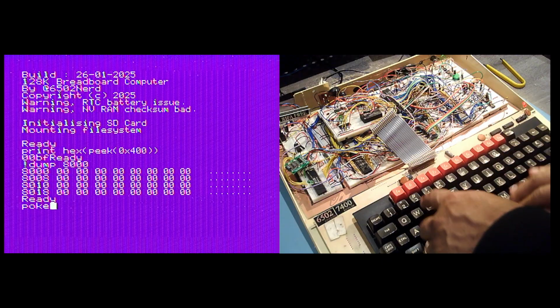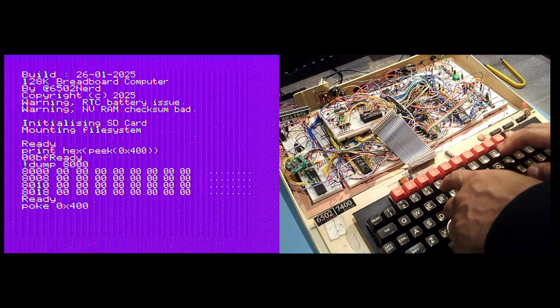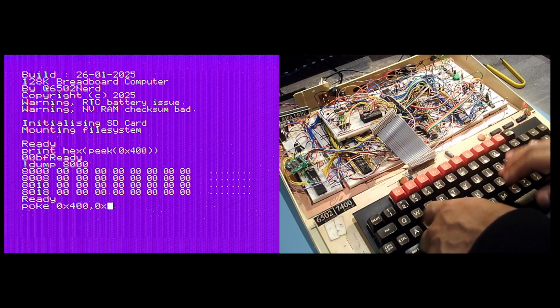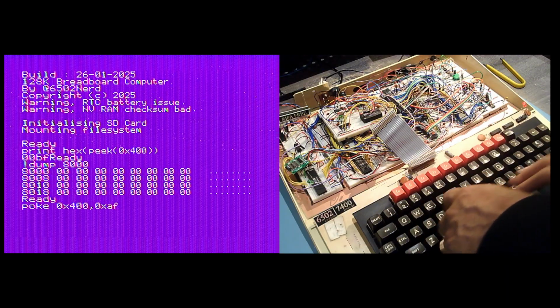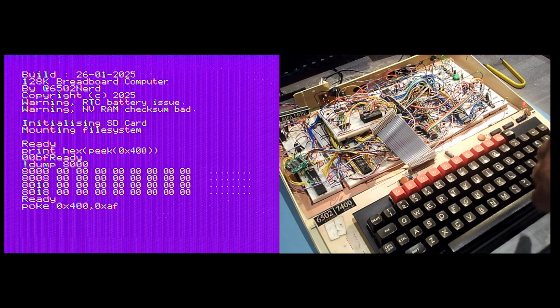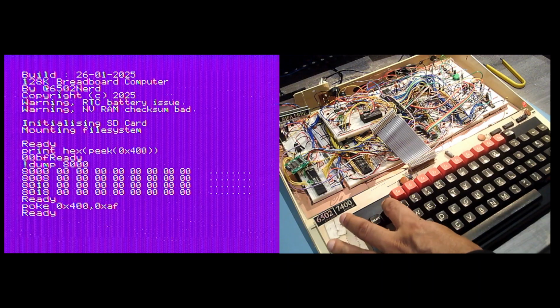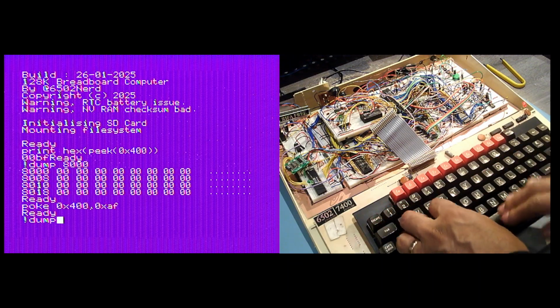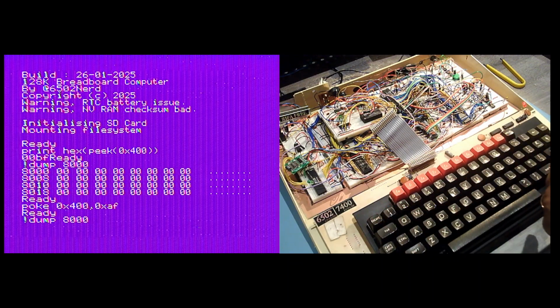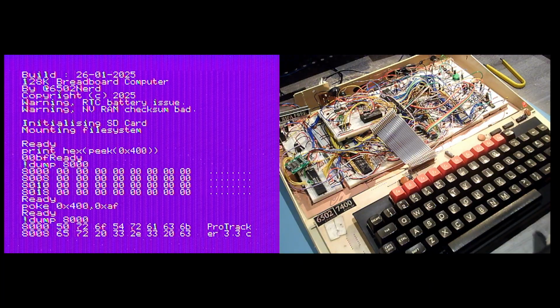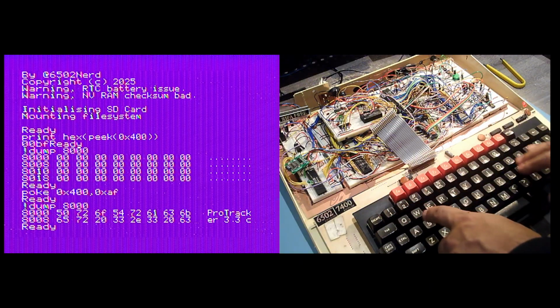So let's change bank. We're going to poke 400, instead of with BF, let's poke it with AF. That's 1010, which is bank 2. Now if I do a dump of that location, you can see there's something already in there, and I'll get to that in a minute, but I can poke